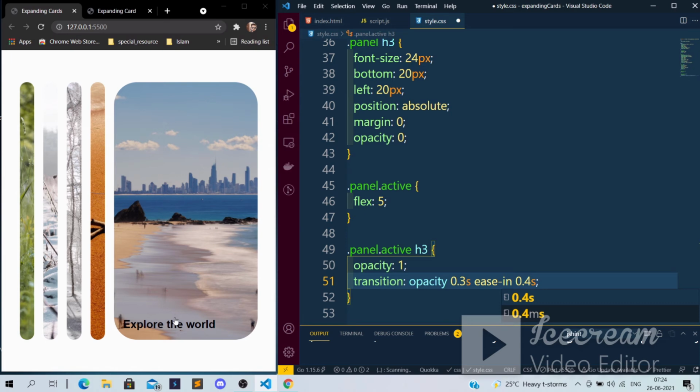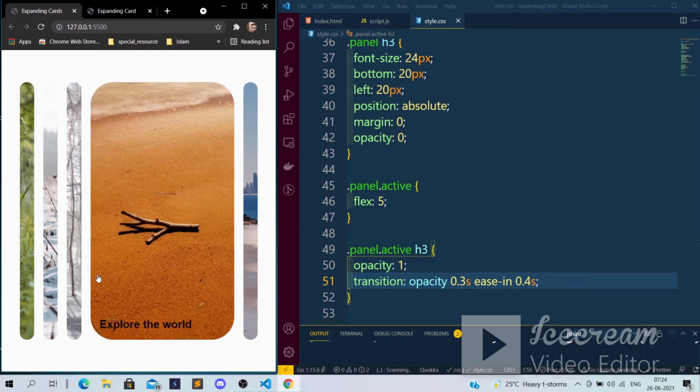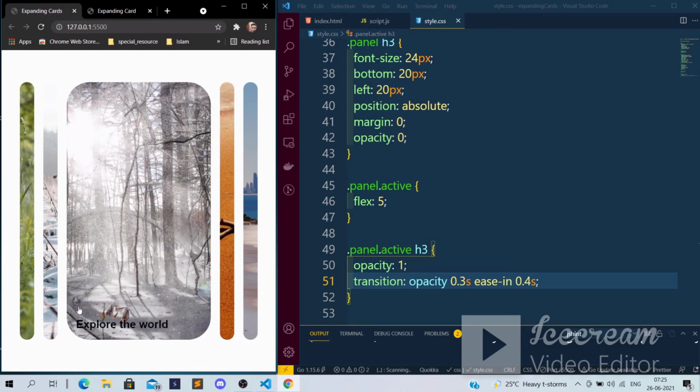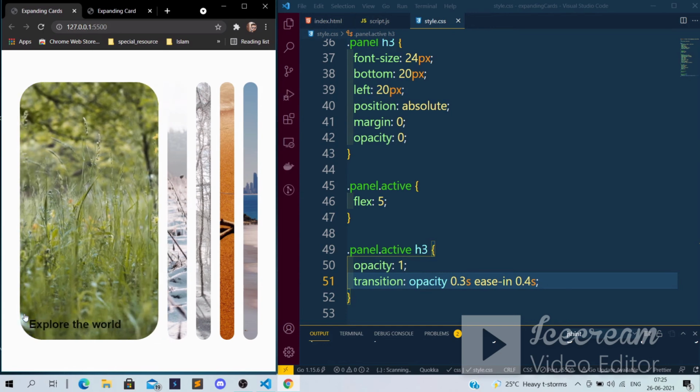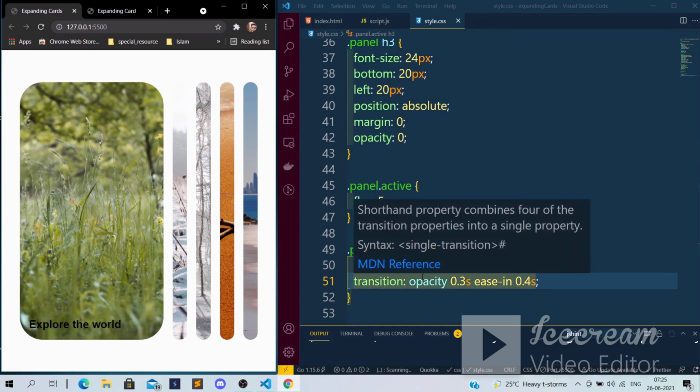It will add the transition inside that. So suppose I click on these cards, there is a certain transition and this text is coming as the card expands. If I click over this, see, in a certain fashion this h3 is coming.